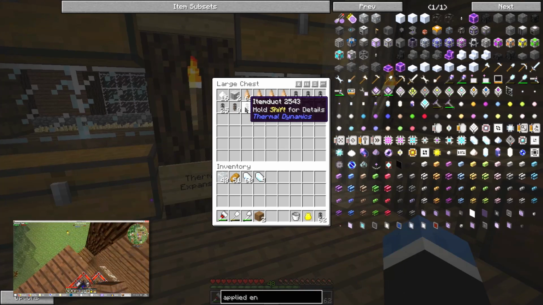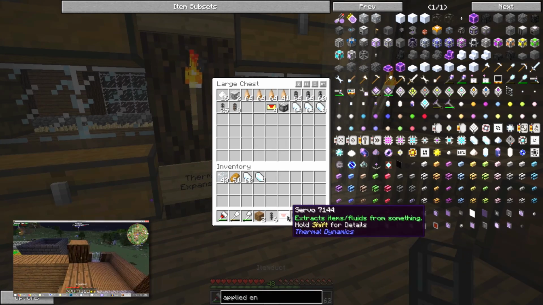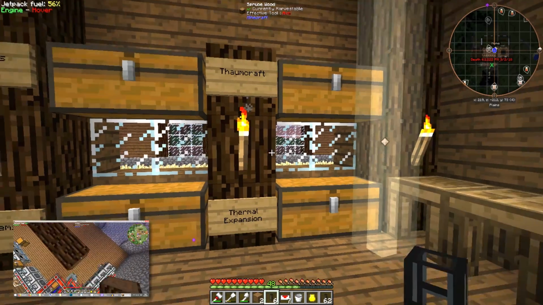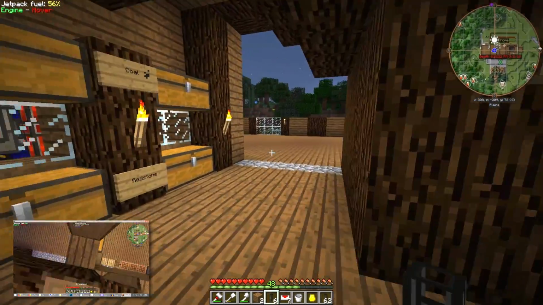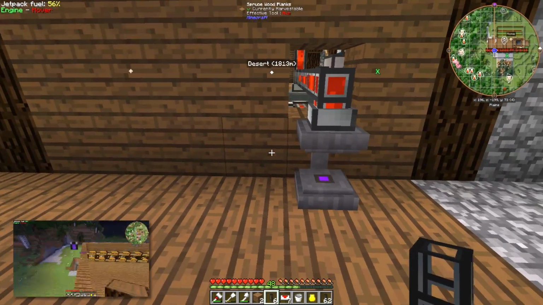We're going to grab us our handy-dandy item ducts. We're going to grab us some servos. Keep in mind you do not need the nice servos for this. This little dinky iron servo will suit you just fine. But we're going to go over here. We've got our item duct, and we're going to put one here,